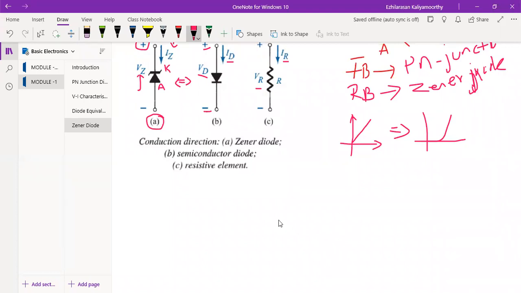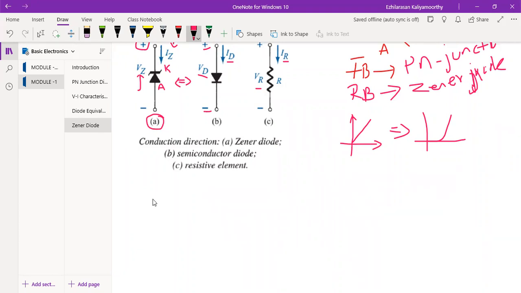So now what we'll do? In this Zener diode, let us think about the current. That is simple. If you want one more note, I will put it in the Zener diode. Two things are very, very important. The one is the avalanche breakdown. The second one is the Zener breakdown. So two voltages are there. So what is meant by avalanche breakdown?